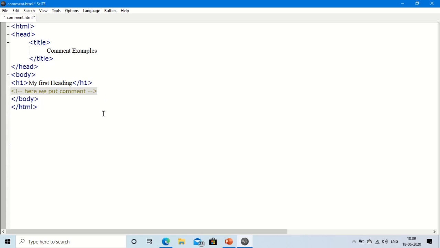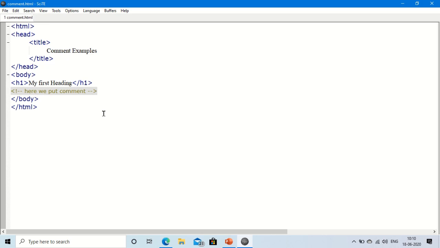This is only for showing the purpose of the code or whatever you want to show to the developer, so that the developer will know what the use of this particular line is. So we have to use the comments. Comments are optional.